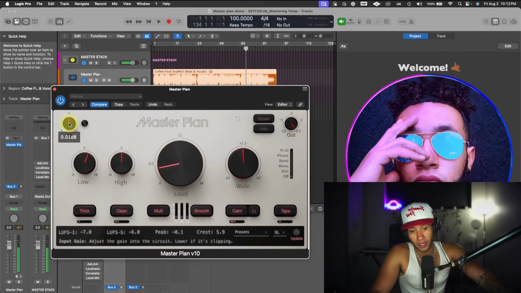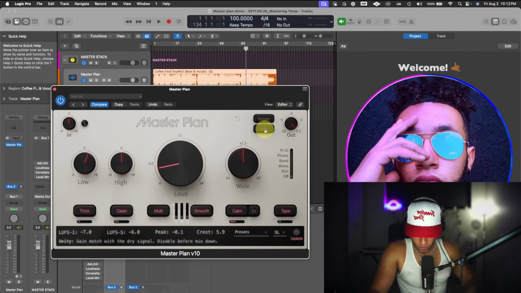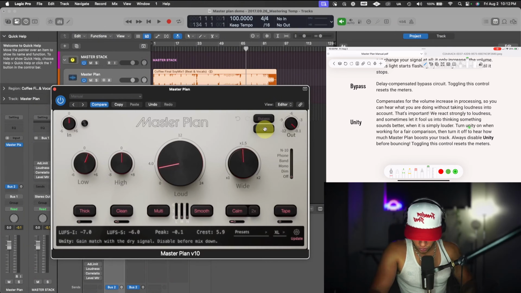You do not want to be peaking on the way in, okay? And of course, this is your output right here. Unity, I'll show you Unity. Okay, Unity. So Unity is going to